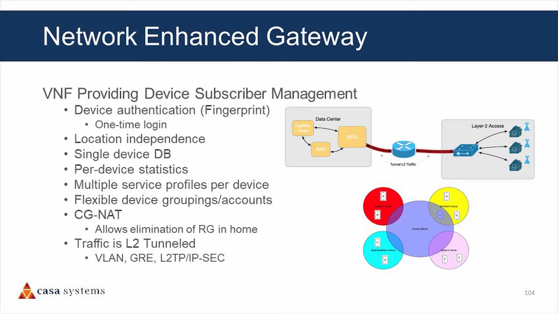Now, the Network Enhanced Gateway is all about moving subscriber management off the BNG and into the cloud. The idea being is when you connect to the network, you come in and you get authenticated in the cloud. Your device is authenticated based on a combination of attributes, a device fingerprint, which can be worked out based on a whole plethora of attributes. For example, devices have a certain habit of behaving certain ways. They pass certain attributes with DHCP. They pass them in a certain order. These things all generate a unique signature or fingerprint for that device.